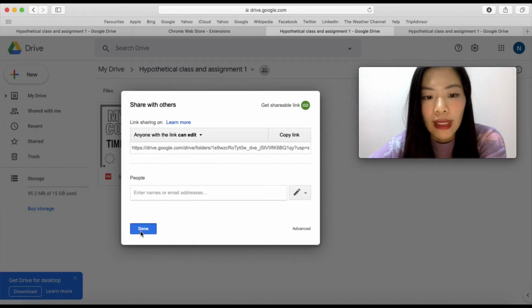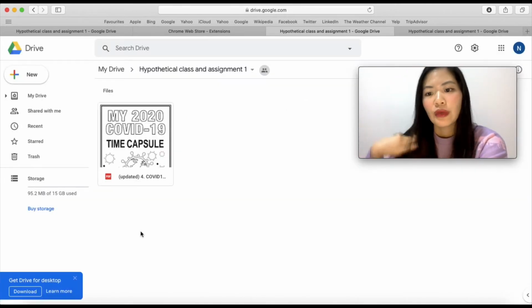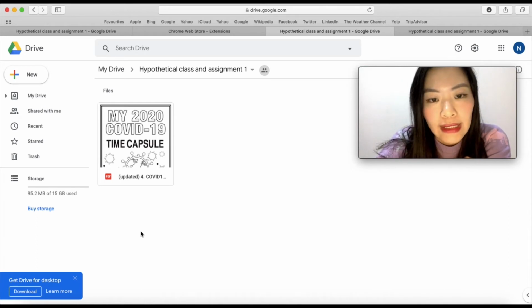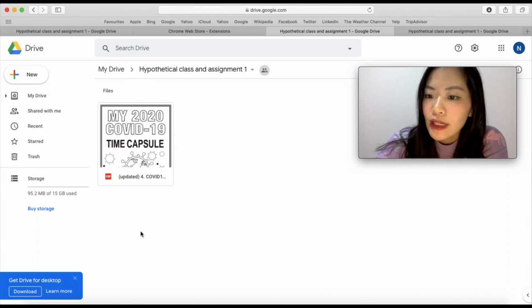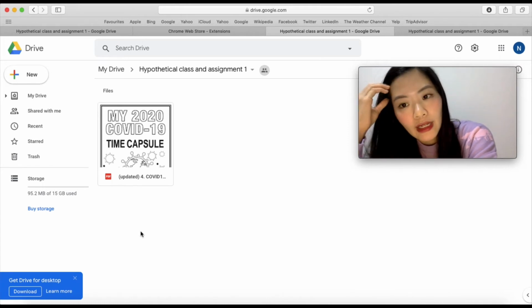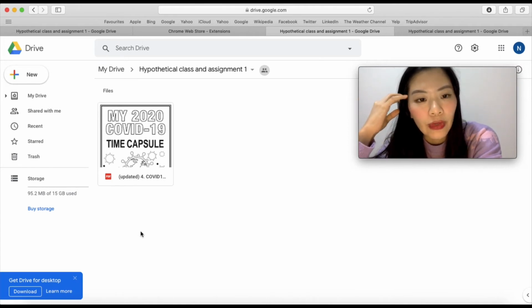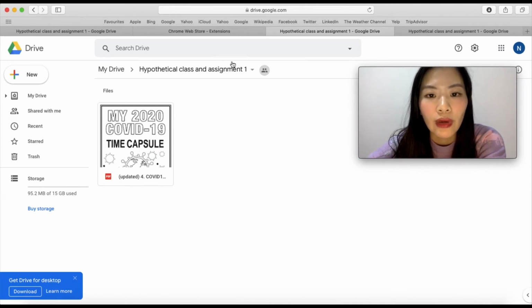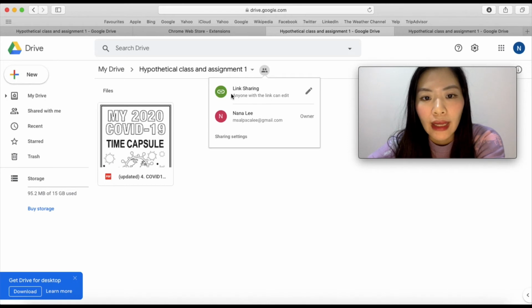Okay, so some security advice for you, because cybersecurity is really important: if you're going to do it in this method, then you want to make sure that you share the link with your students in a very secure manner, meaning that you should not be uploading it to any websites or your HBL plan, basically anything which people can access through the web. Because if the setting is set to anyone with the link can edit, right? That would mean that